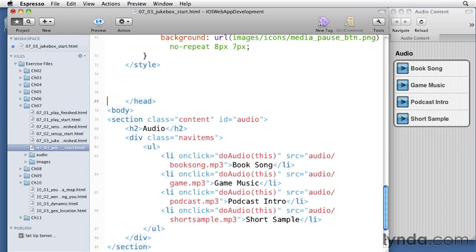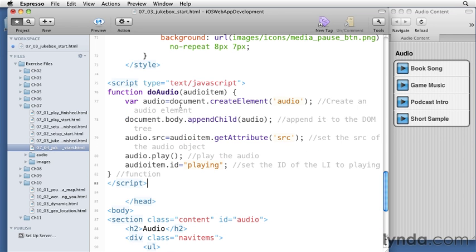Now I'm going to add a bit of JavaScript that will play the audio files when these line items are clicked. So we pass information about the line items into this variable called audio item. And the first thing we do is create an element on the page that will store our audio file. We're going to add this audio element into the body of our page. It doesn't really matter where it goes because audio doesn't really have a visual element, so it won't appear on